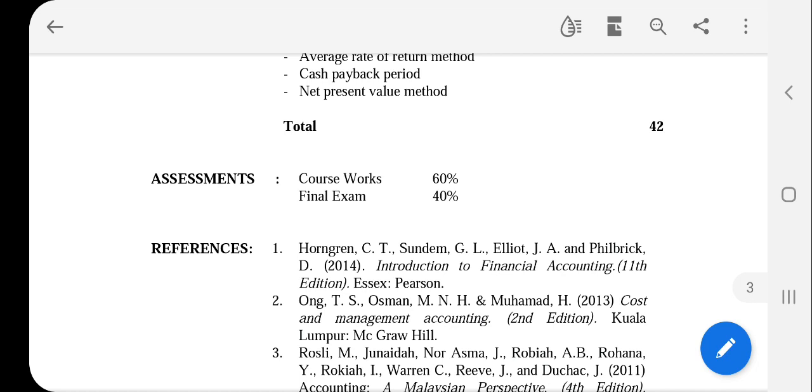So 15% for the quiz, 20% for the mid-semester test, and 20% for assignment. Sorry, 15 marks for quiz, 20 marks for the mid-semester test, 25 marks for assignment.